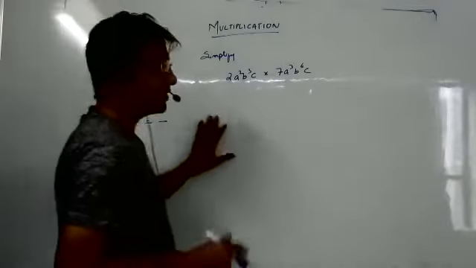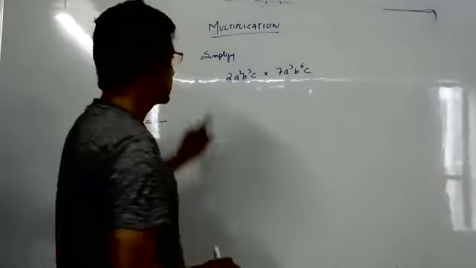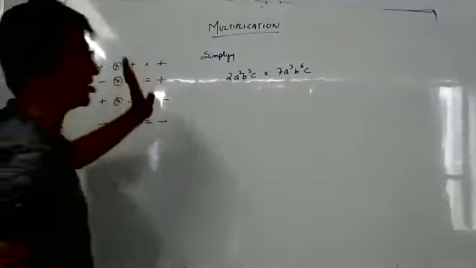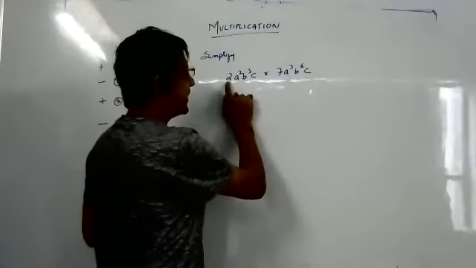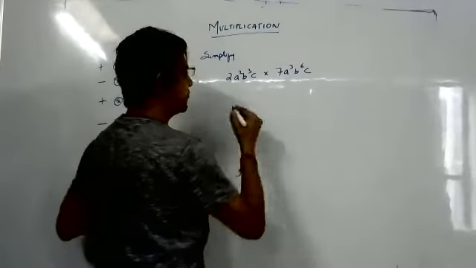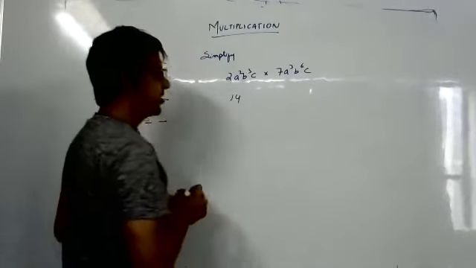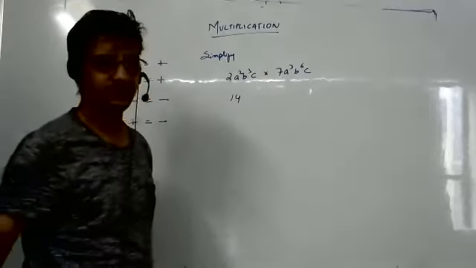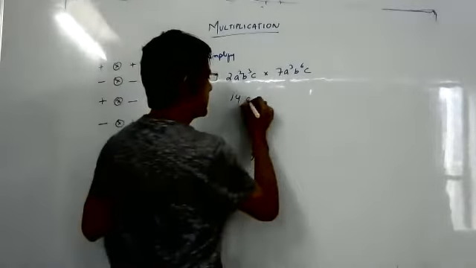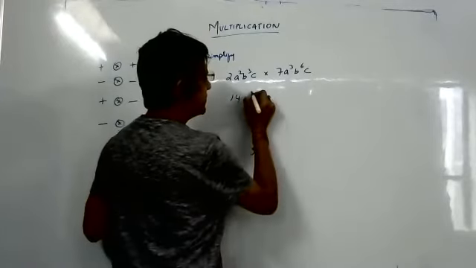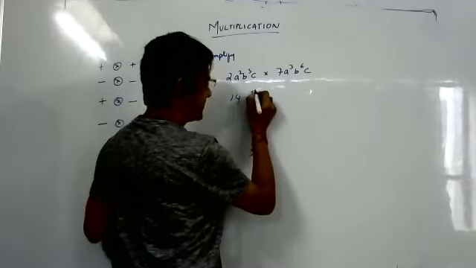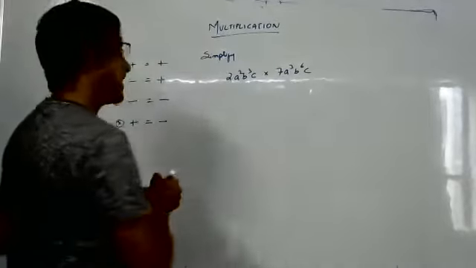Now, first you have to multiply sign. So sign is plus, here also plus. So it will be plus into plus, plus. So we'll write it. Second, you have to multiply numbers. 2 into 7, 14. This is the coefficient. So write 14. Then you have to multiply variables. Okay. Then I have to teach you something else before this.